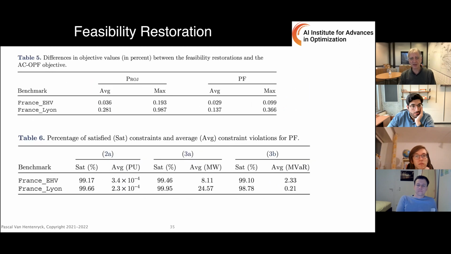So this is an interesting slide which tells you what happens when you're restoring feasibility. How much do you move from the objective of the prediction? And you can see that the distance here is extremely small, and therefore you're really close to that particular objective, and you are well below the tolerance of what these algorithms typically use when you do market clearing. So it's the tolerance of the optimization solver. So these methods are really practical in the sense that they give you the accuracy that typically the markets